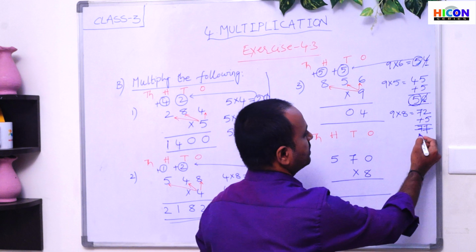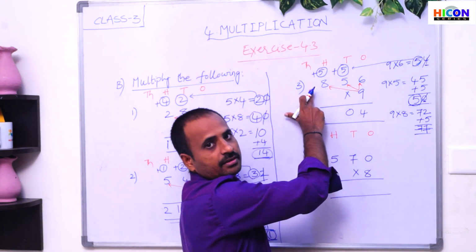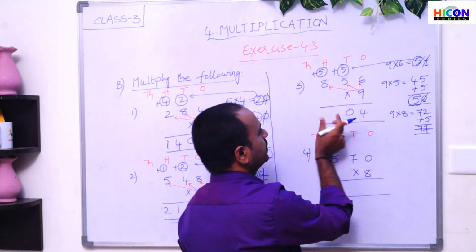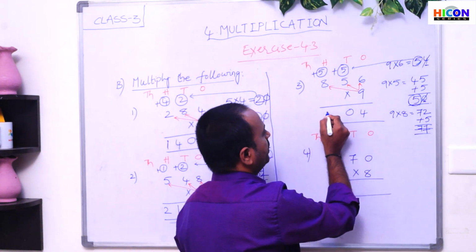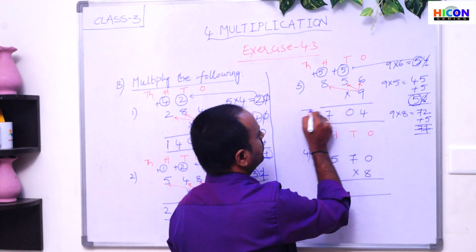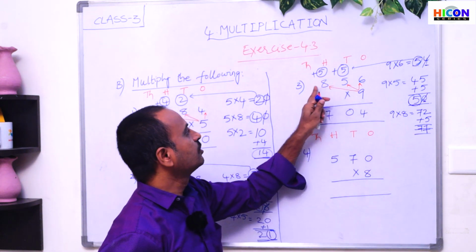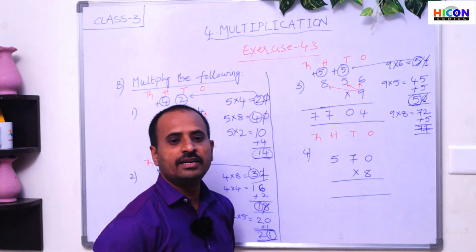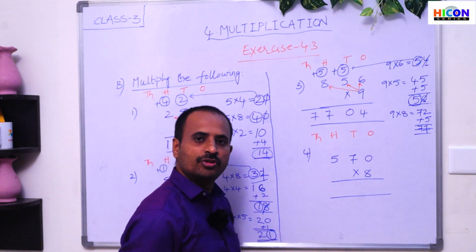So children, the answer is 77, but there is no thousands place here and there is no need to carry. Write the 2 digits under hundreds place and thousands place. So write 7 under hundreds place and write 7 under thousands place. So write the whole number here. There is no need to carry because there is no digit after hundreds place. So the answer is 7704.